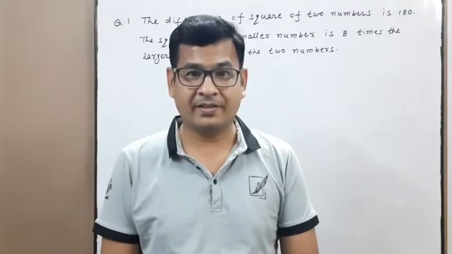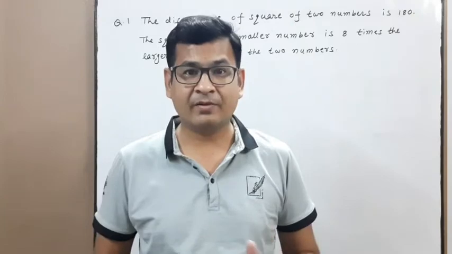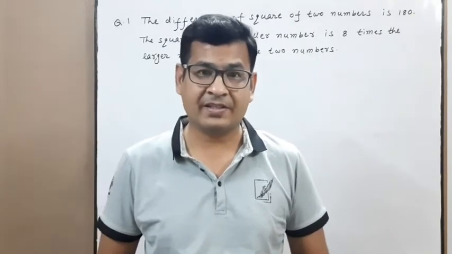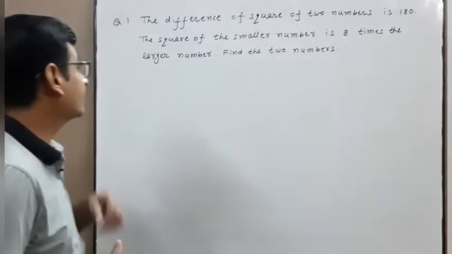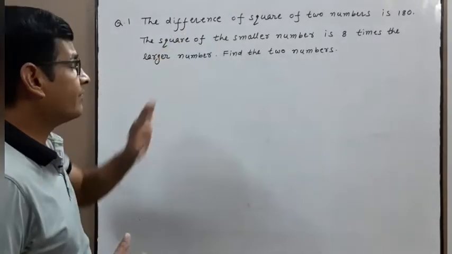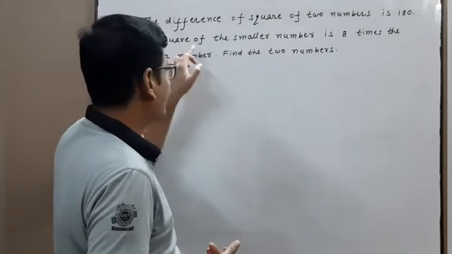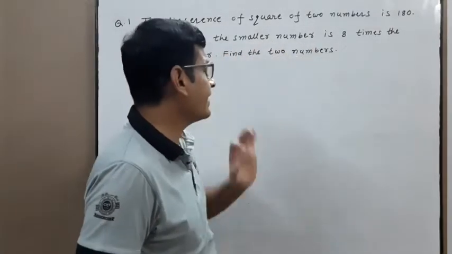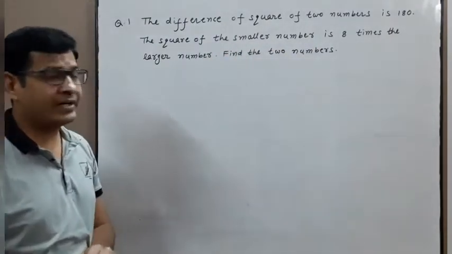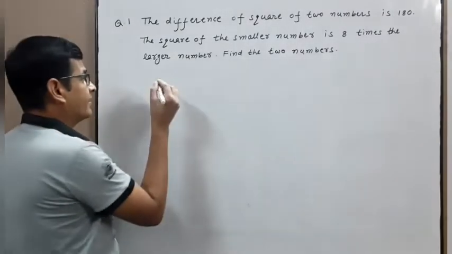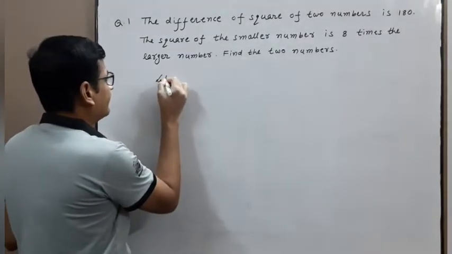Hello students, today we are going to discuss extra problems on quadratic equations. Problem number 1. The difference of squares of two numbers is 180. The square of the smaller number is 8 times the larger number. Find the two numbers. So first step, let